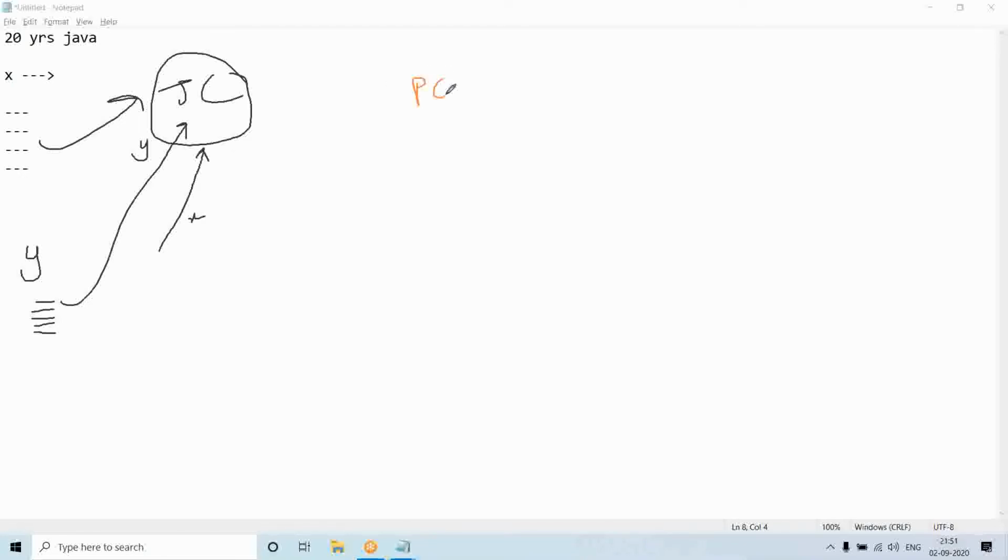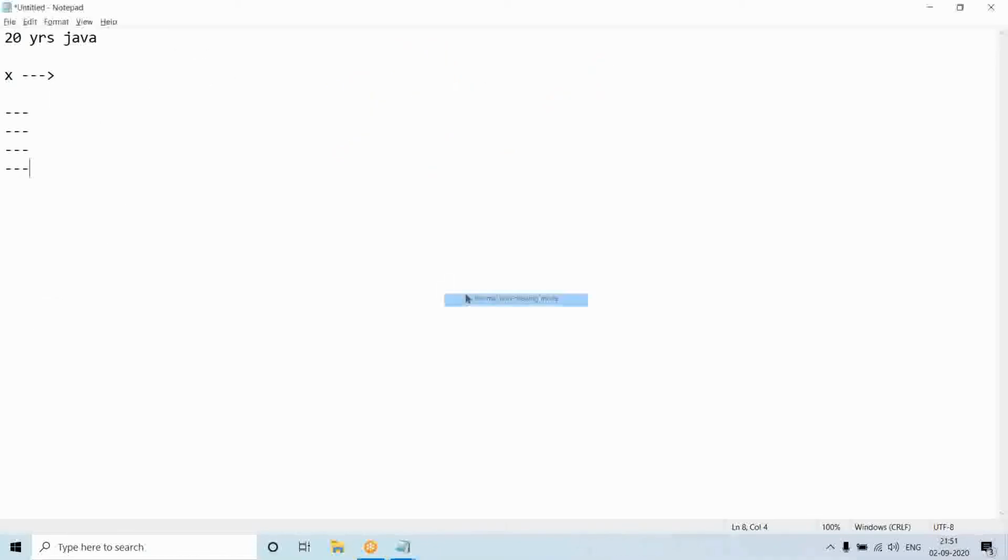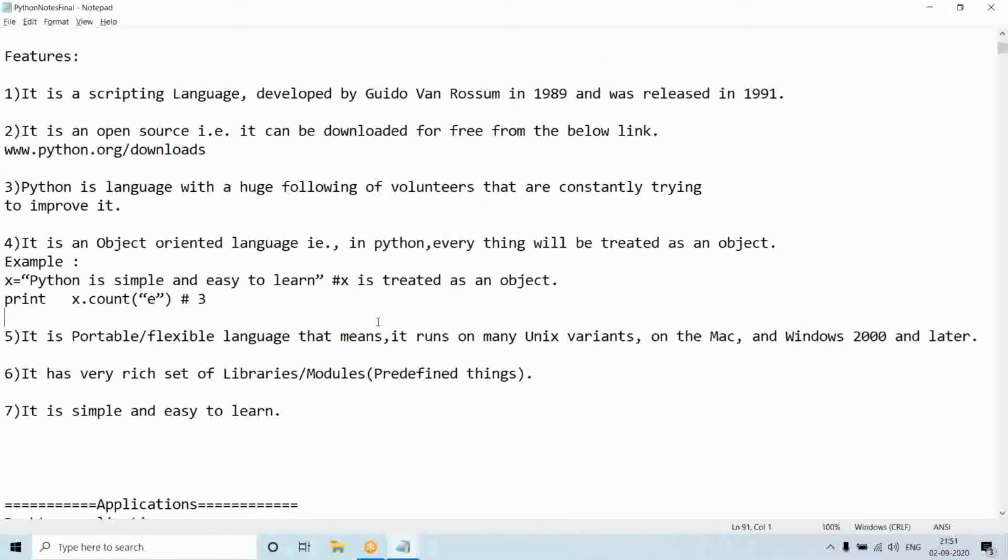In the same way, several people are contributing code to the Python community. If one code is contributed, one feature will be added. If several codes are contributed, then several features are added. If several features are added, the language will become more and more powerful, right? So, what I told here in the third point, more and more advanced than that case.